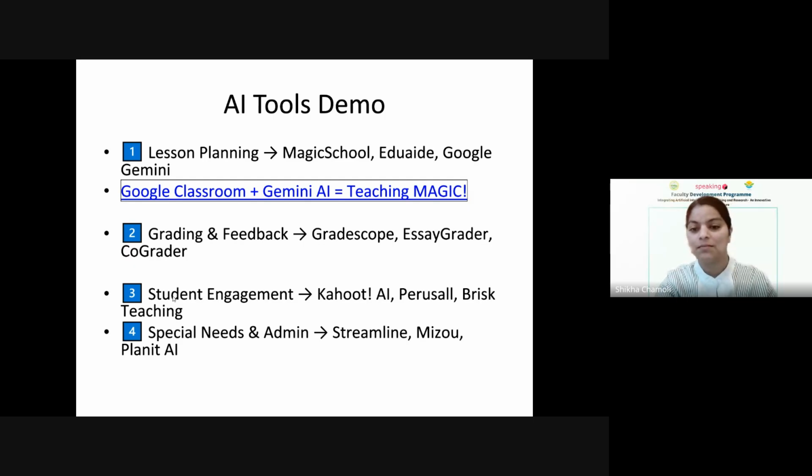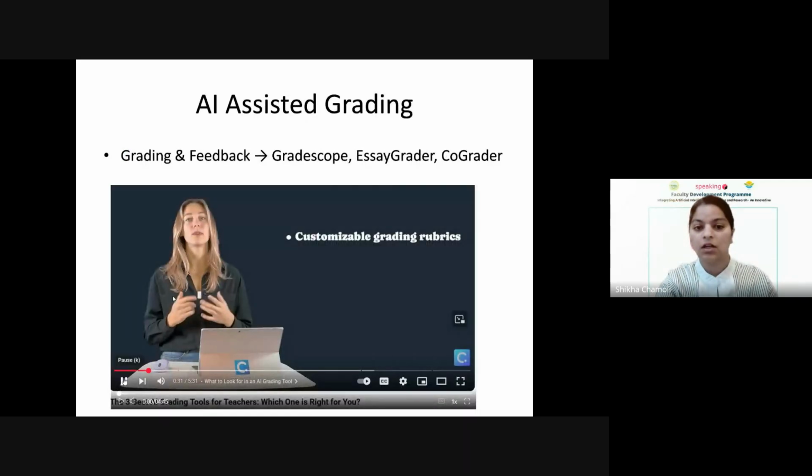Special needs and admin streamline Miso Planet AI that we have discussed. Now, grading and feedback. There is AI-assisted grading. This is an app that I checked out, and GradeScope, Essay Grader, Co-Grader. These are some of the